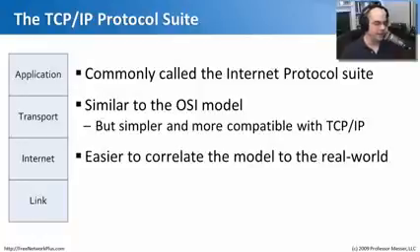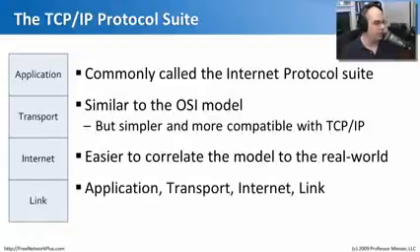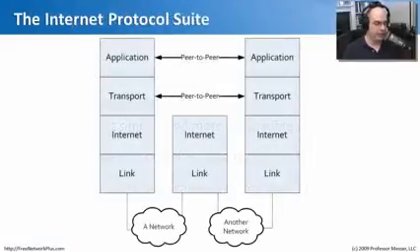It's very easy now to take a lot of the things that we're going to look at with these protocols and put them into one of these boxes. It correlates very well with what's happening in the real world, and that's why it's a very useful one when you're organizing protocols in this way. There are 4 sections of the TCP/IP protocol suite: the application layer, the transport layer, the internet layer, and the link layer. If we wanted to visually understand what happens with this Internet Protocol Suite, this is the way we can do this. This is something that I created so we could get a feel for how different devices communicate to each other. So in this column on the left side, this